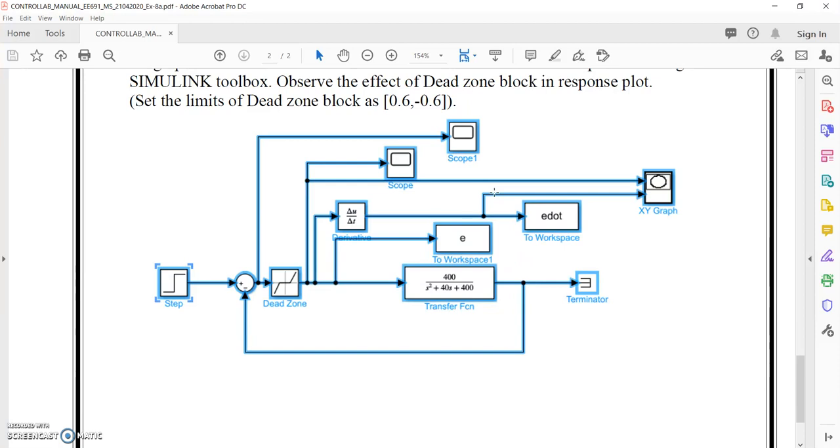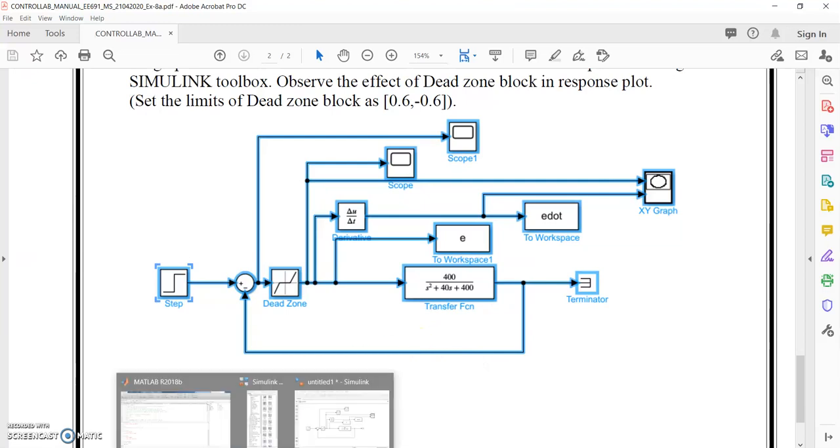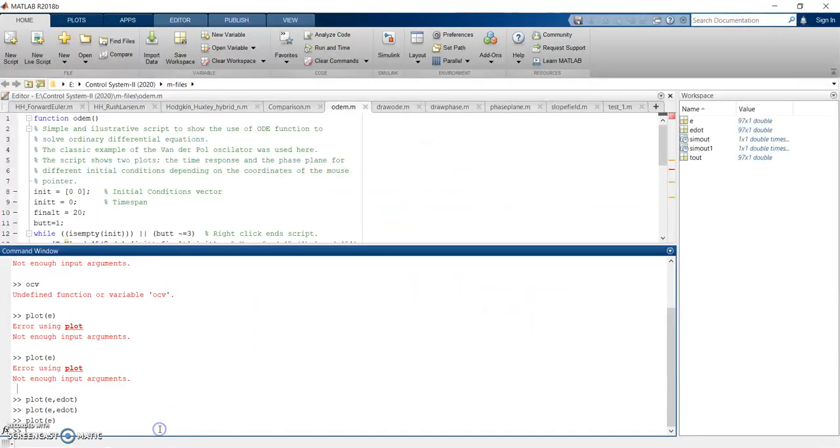In order to create the Simulink model as shown in assignment 4, let's start. This is the MATLAB.